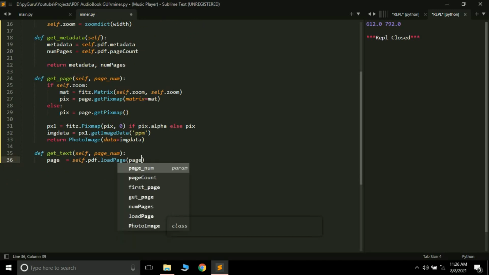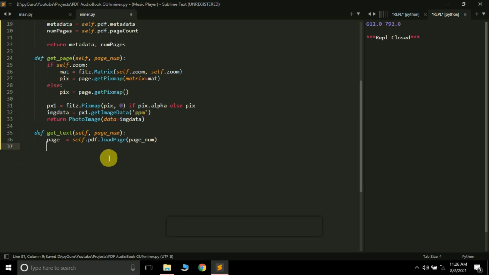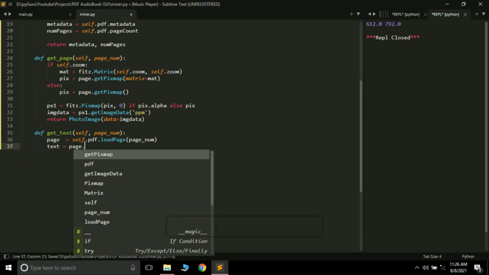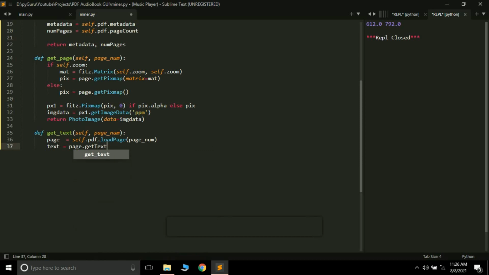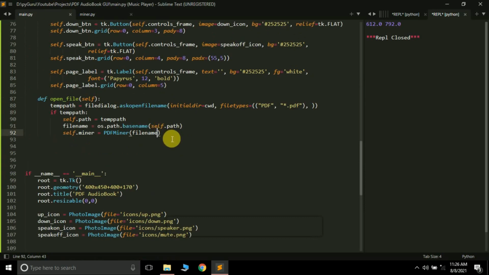Here we have to load the page_num variable that we will pass. Here we will be passing the page number that we want to load, and then you can extract the text from the PDF page, something like this, page.get_text. Here just pass the text value, so it means that we want only the text and nothing else, and then simply return text. Our function is done now. We do not want to do anything more. Now we should be able to use it.